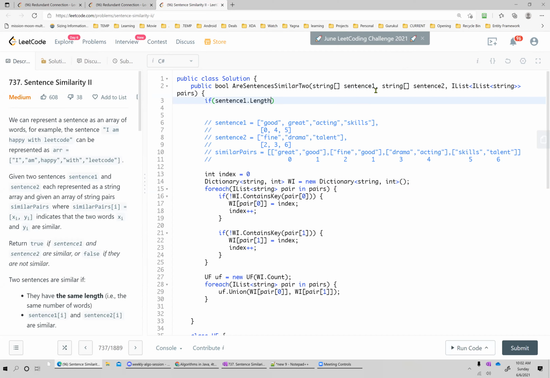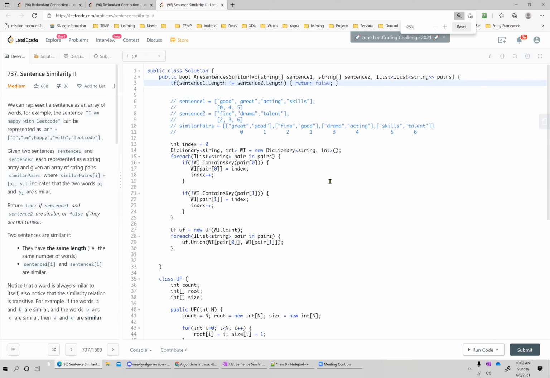But in case they map one word to multiple words, then if the union find question is changed, it should work, right? It still should work. If we have two similar words and we try to compress it the way Bhavish was saying, when we convert it into this array, we can always create a set, so we have deduplication. Why is deduplication required in this question, given that it's one-to-one?